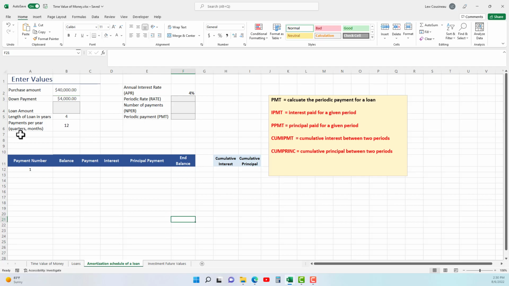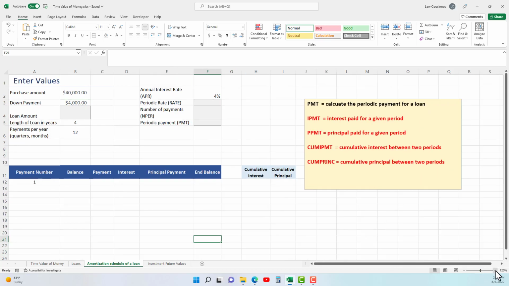So first, what's our scenario here? We have, maybe I'll zoom in just a little bit, a purchase amount, and we're going to put some money down. So let's just say this is a car. We're going to put $4,000 down on the price of that car. Well, what is the loan amount? Well, the loan amount then is the difference between the price of the car and the amount of our down payment. So now I have to borrow from somebody, a bank or a parent or whatever,